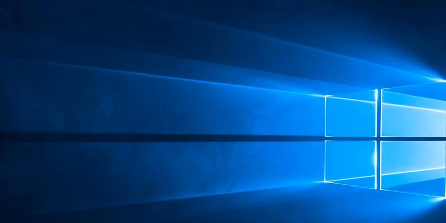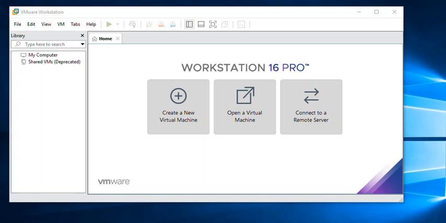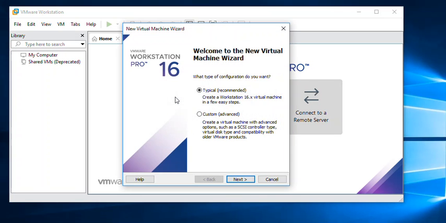I will be showing you how to install Oracle Linux today on VMware. So let's start. First of all, we'll create one virtual machine, then we'll install Oracle Linux on it. So for that, we'll create a new virtual machine,